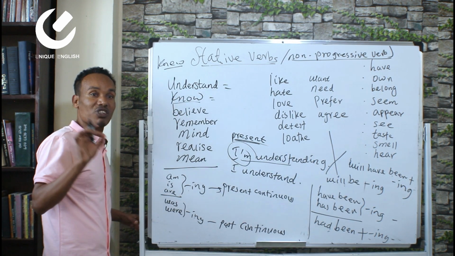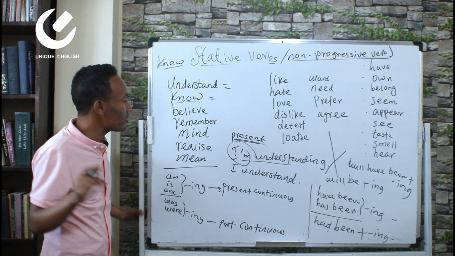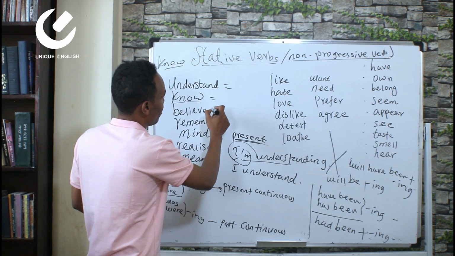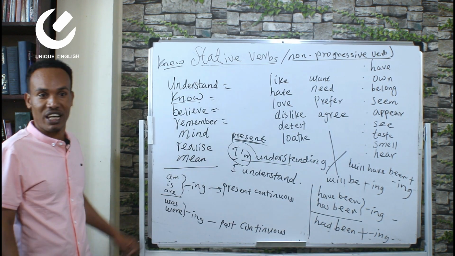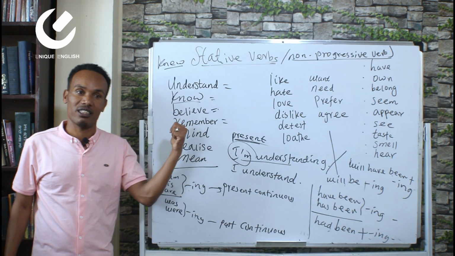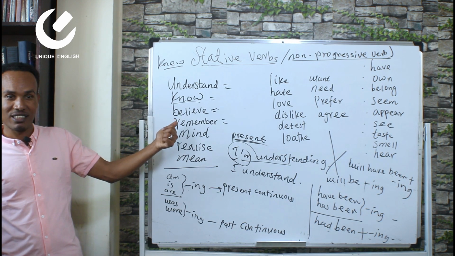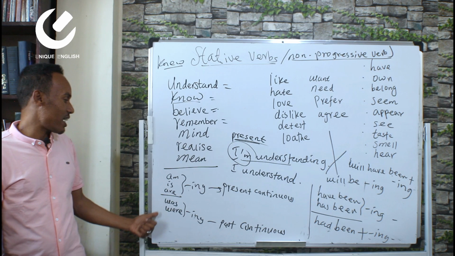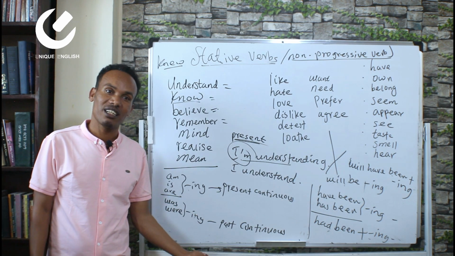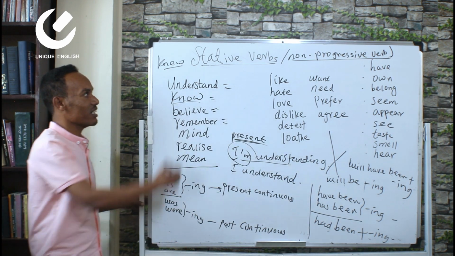Stative verbs are those verbs which are not used for continuous tense. All right, remember. For example, to say "I believe in God", you say I believe in God. Can you say I am believing in God? Can you say I was believing in God? All right, that's very good. The other one is